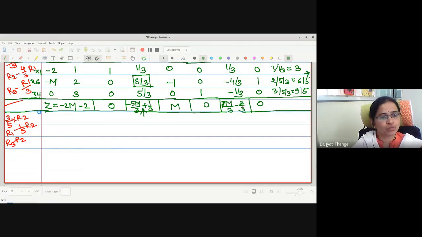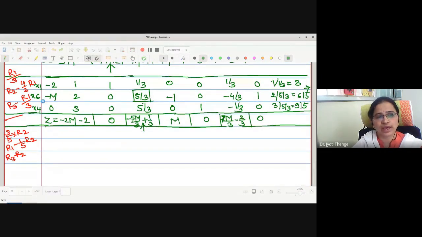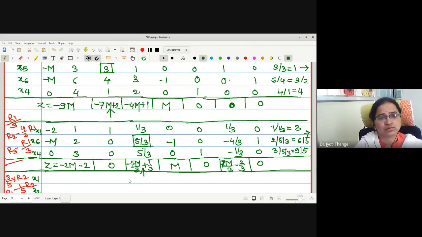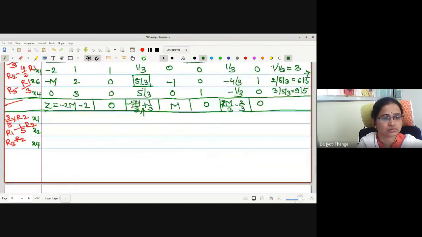Okay. Now, which are the basic variables? X6 is going to leave the basis. X2 is going to enter. Which are the variables? X1, X2 and X4. Correct? And the cost of these variables is, for X2 we have minus 1. Minus 2, minus 1, 0. See, check all the variables. From this basis variables, we have removed all the artificial variables. Therefore, whatever solution we are going to obtain will be the optimum basic feasible solution.